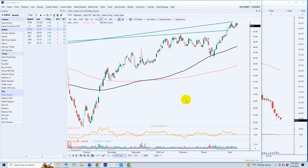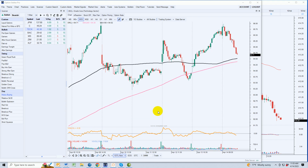So my long Sunday night was Oracle, and I gave you the context for that trade and what you need to look for on a daily basis. You can see that Oracle actually did make it higher for the week, but you had to be selective with your entry points. And so if we go into, let's say, a 15-minute chart to take a look at the price action during the week, this was the action from